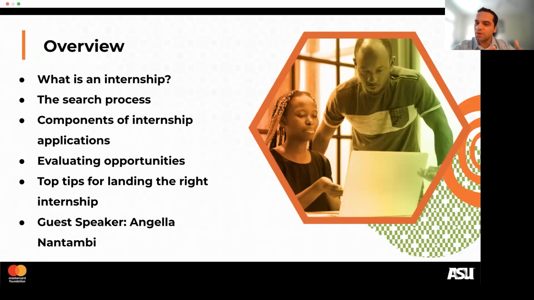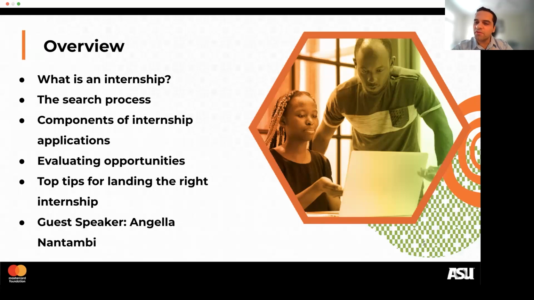Because those components, as you will see, are very close to applying to jobs. So knowing them well is important for you to be able to know how to search and how to land the right place. We're also going to talk about how you evaluate opportunities. When you see different internship opportunities, how do you decide this one is right, this one is better, this one maybe I shouldn't put too much into applying for, and so on.